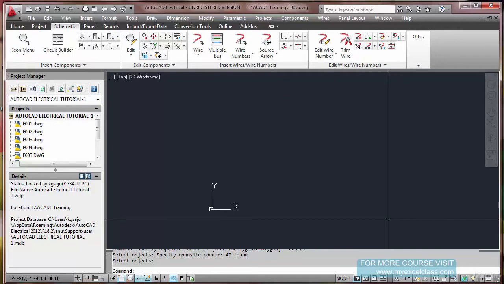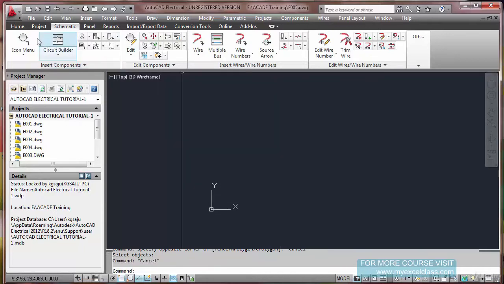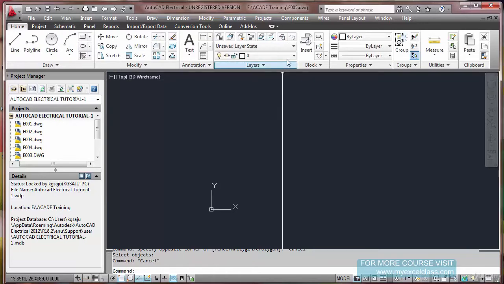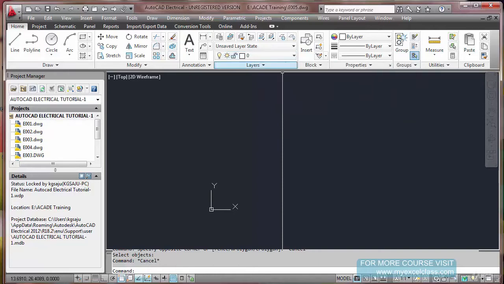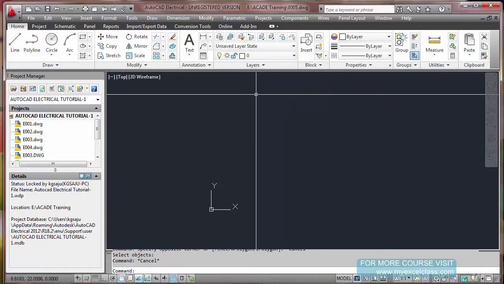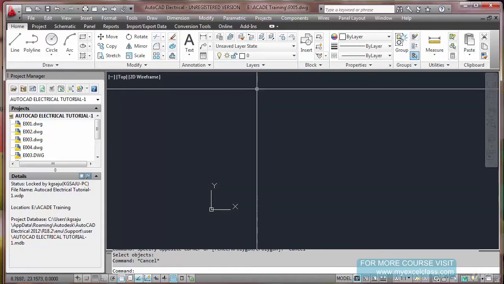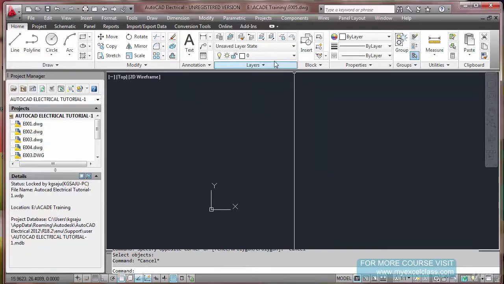As per your requirement, you can create a title block. So what I am going to do here now is, again, this layer should not be in the wire layer while creating title blocks. If you are creating title blocks in the wire layer, what happens is, when you do the wire numbering, the program will read those lines as wires and will insert wire numbers even on your title block. So you should take care of that.